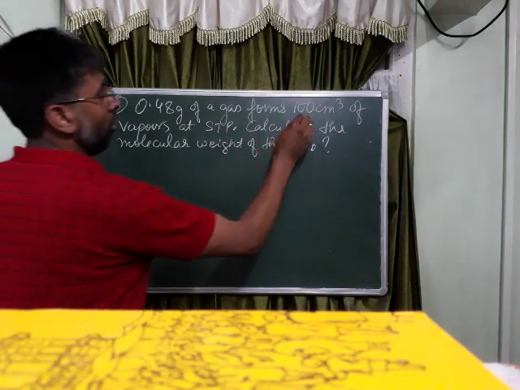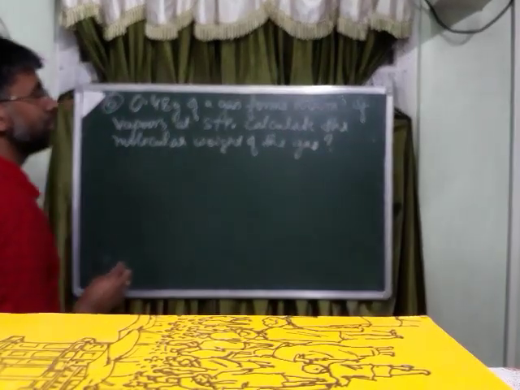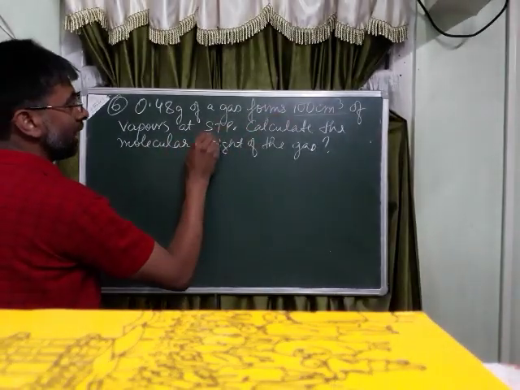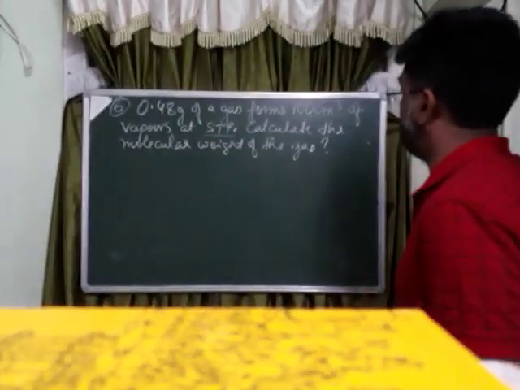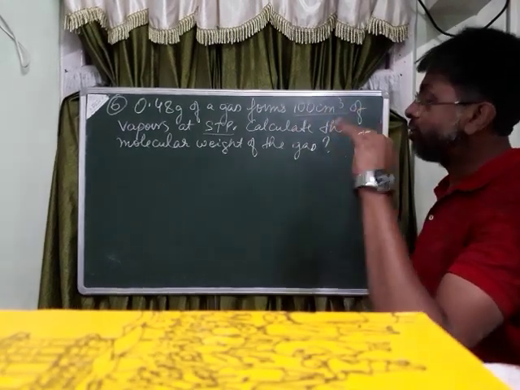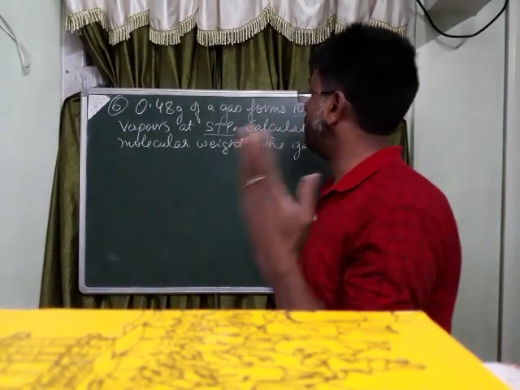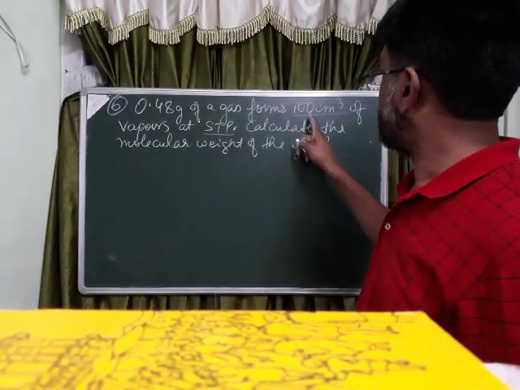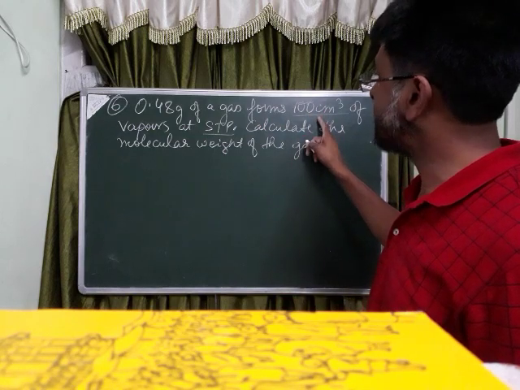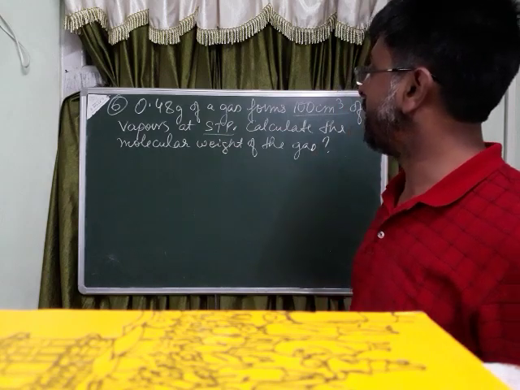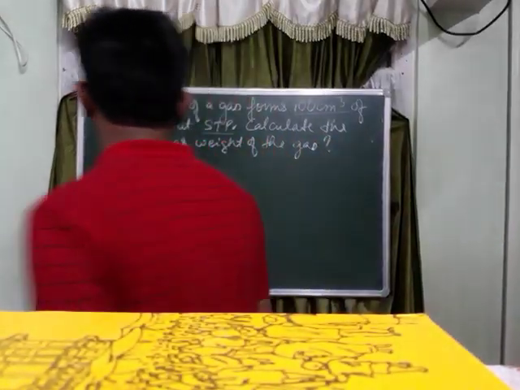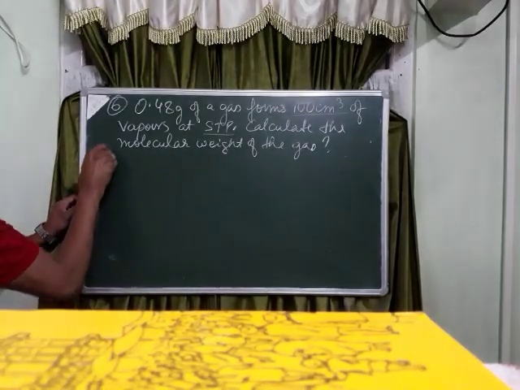Now again, there is a volume. There is a volume 100 centimeter cube, and this volume is at STP. Now I have told you again several times, whenever volume is given, try to recall the standard molar volume of any gas. Now, using this volume of the gas which is weighing so many grams, let us frame a sentence again. So here the solution is like this.